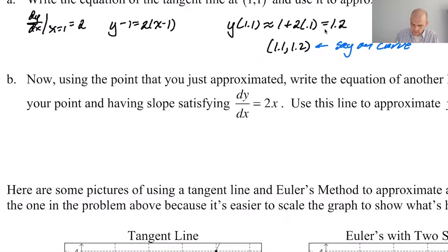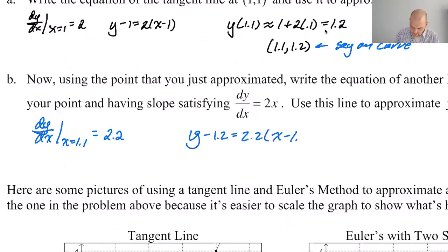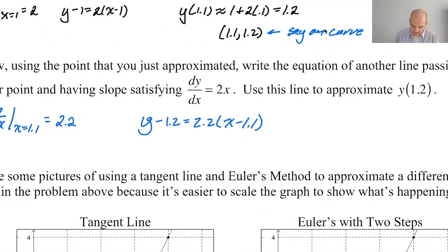So now we take (1.1, 1.2). dy/dx such that x is 1.1 is going to be 2.2. So our tangent line, if this point had been on the curve, would be y minus 1.2 equals 2.2 times (x minus 1.1). So it gets more annoying, obviously, to sub in. But the trade-off there is that it gets more accurate. That's kind of how it works. So y of 1.2 should be approximately